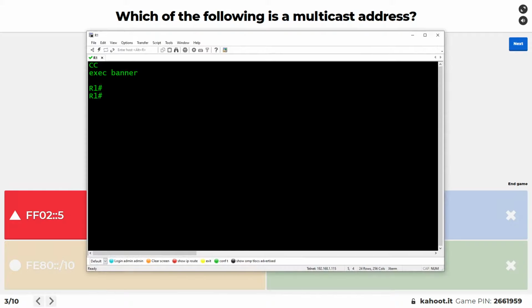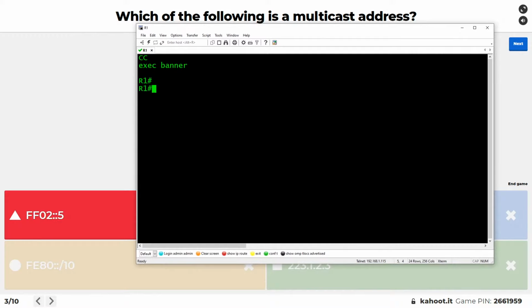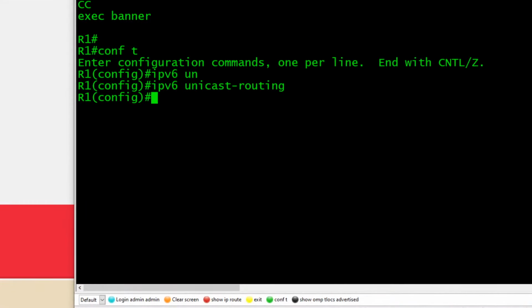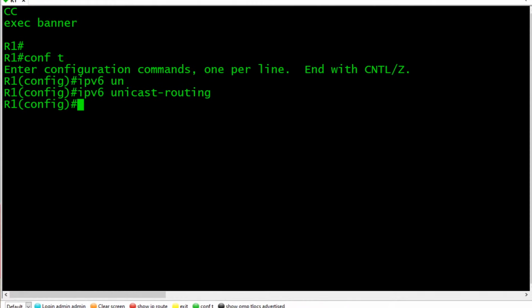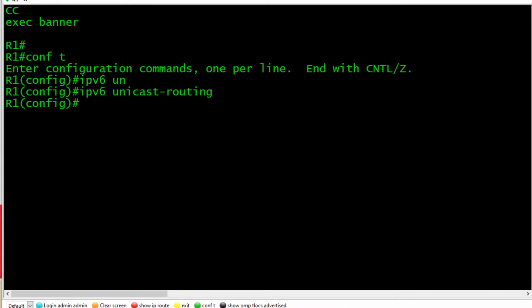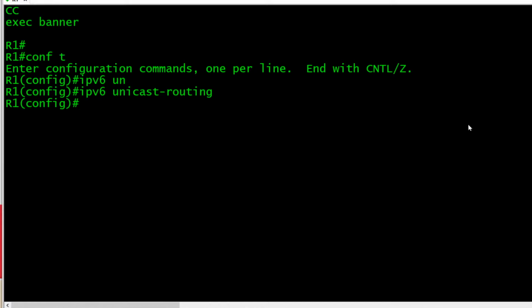This would be fun. Let's go ahead and bring up a router. And we'll do IPv6 unicast routing. And let me focus that a little bit better here. Right there. And like that. All right. Nothing like seeing it live. All right. Ooh, look at Braham got it. And so did Serg, and so did Kevin, so did Nick, so did a lot of people.